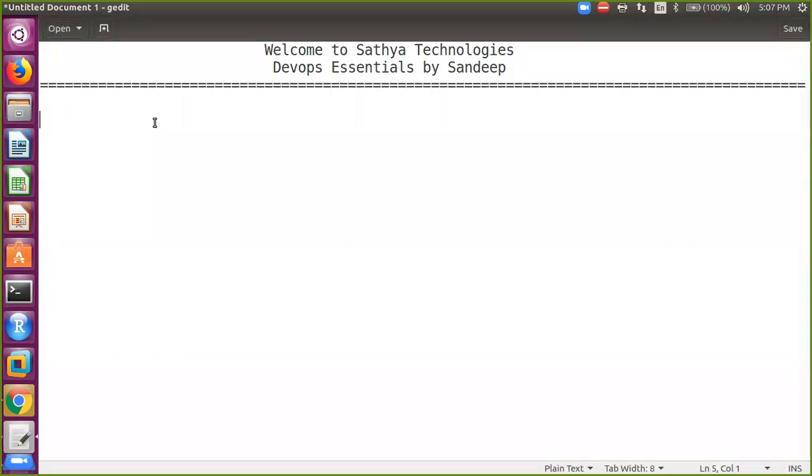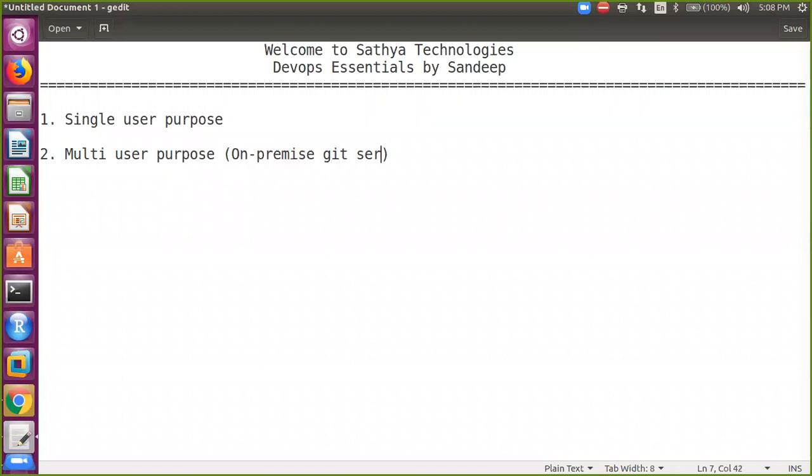So we can perform this Git in 3 ways, right? First one is for single user purpose. Second, for multi-user purpose, by using an on-premise Git server.